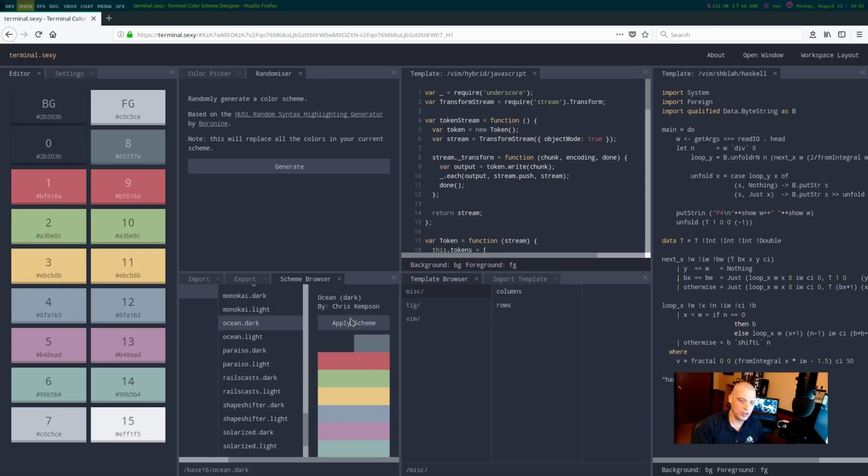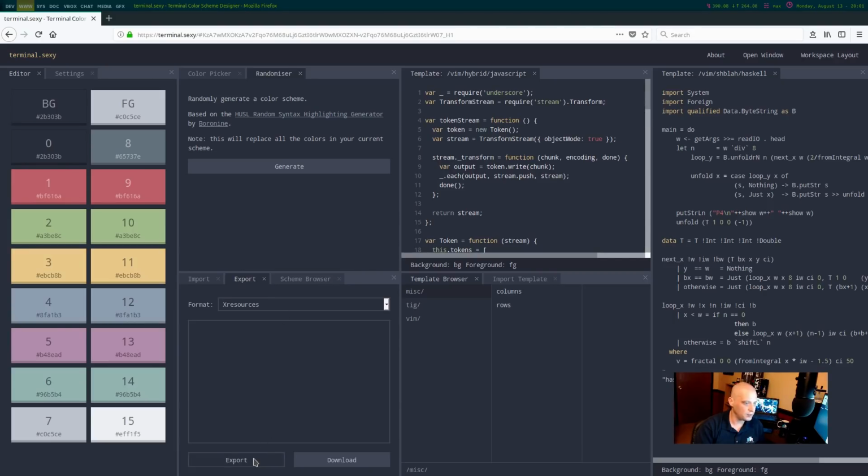And you know what? That is pretty easy on the eyes too, and very attractive. It's a dark theme, but it's not black like so many other terminal color schemes, and it's not that dark blue that the Solarized Dark theme used. It's more of a bluish, kind of purplish hint to it. Still dark, but with a slight color to it. Some pastel colors too, with the pastel green, red, blue, purple colors. So I think I'm going to use this terminal color scheme, and I'm going to base my rice around this. If I click the Export tab and click Export down here, it gives me the code